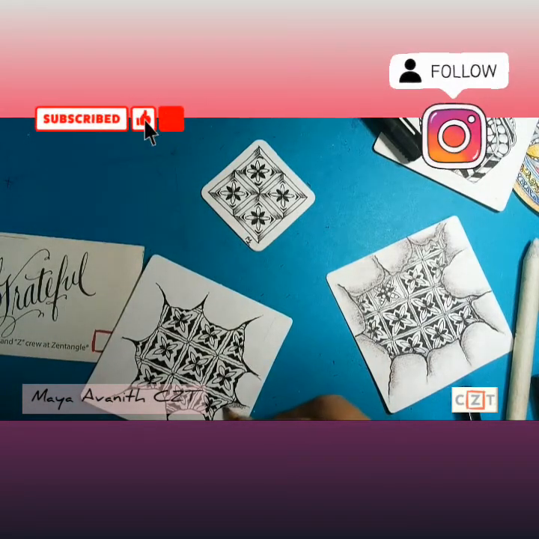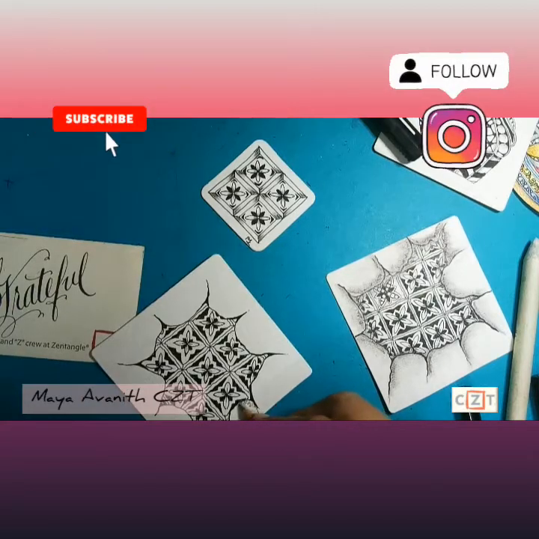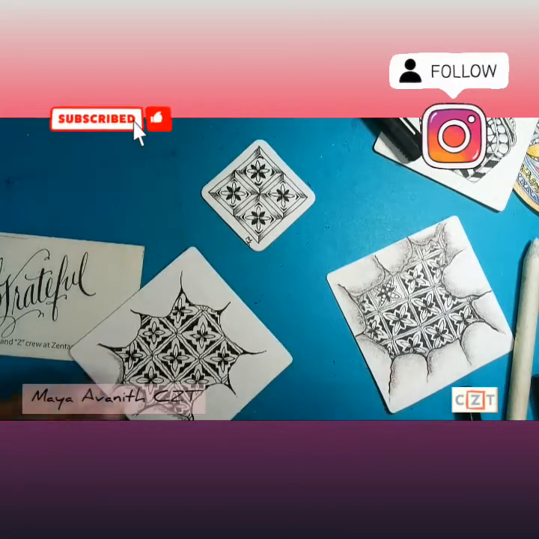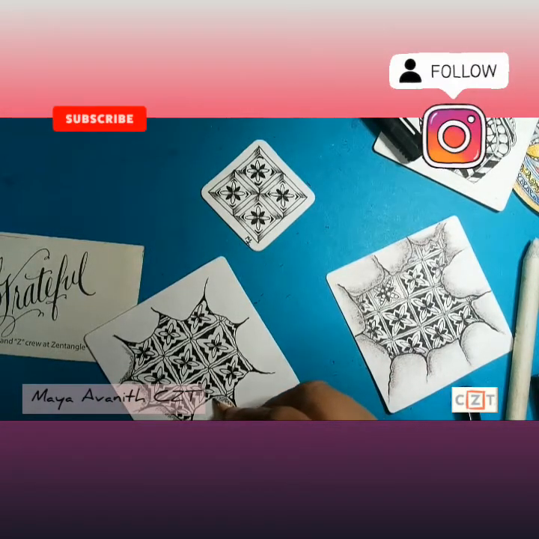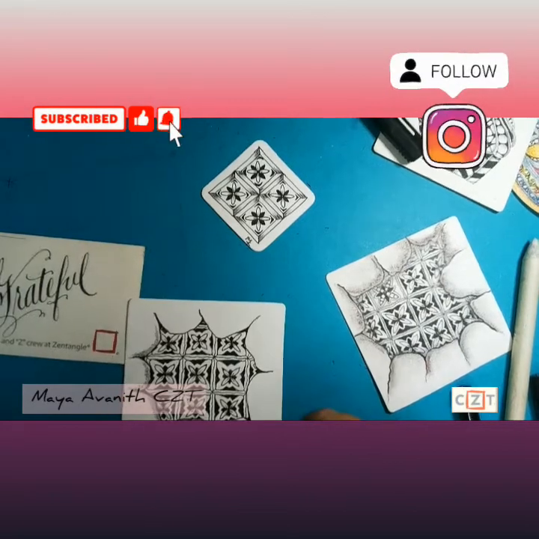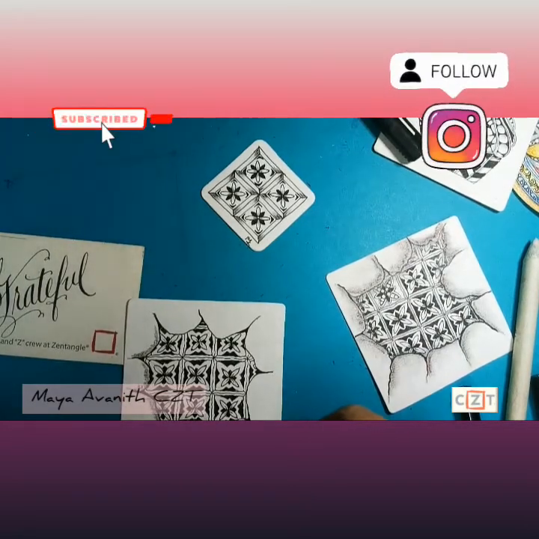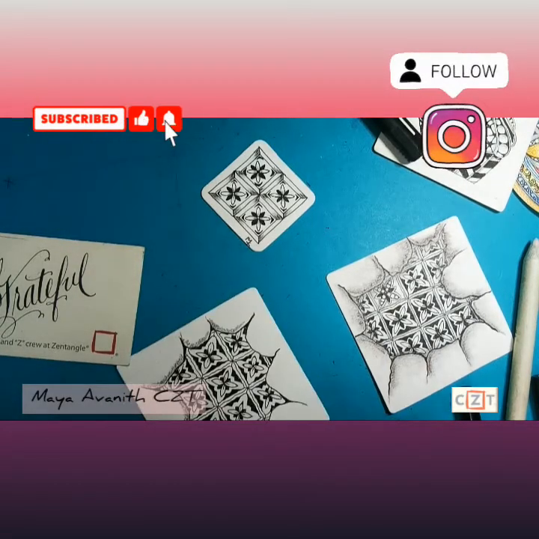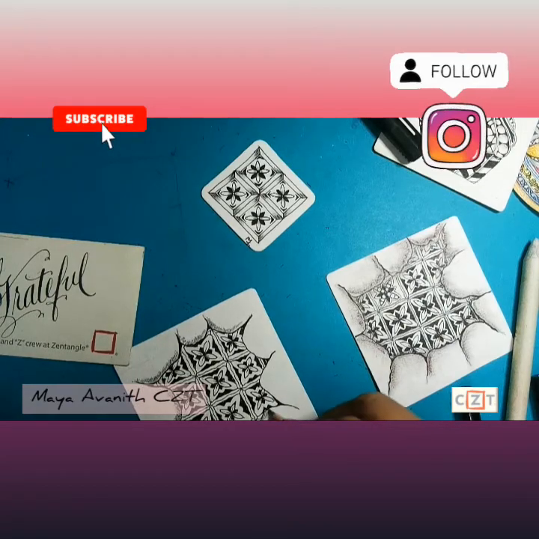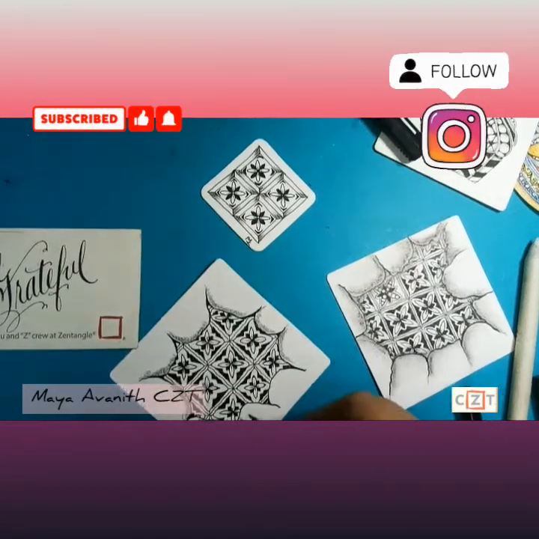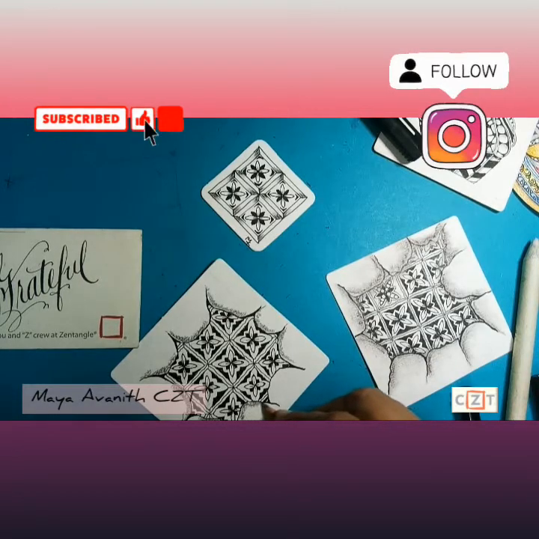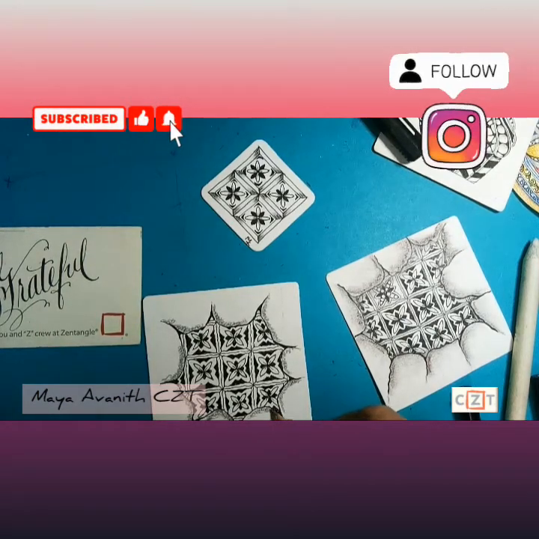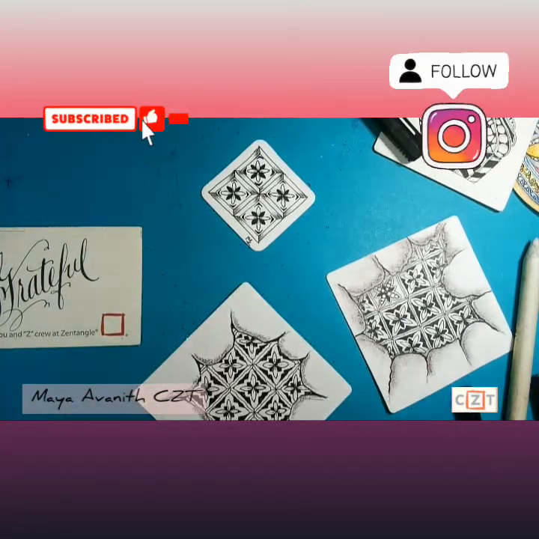So I'm going to do first the inner side. I'm just going to pull a little graphite. And if you see, I keep it flat and do it. That gives you a little more area and it gives you a different effect. Right? And then what I'm going to do is go